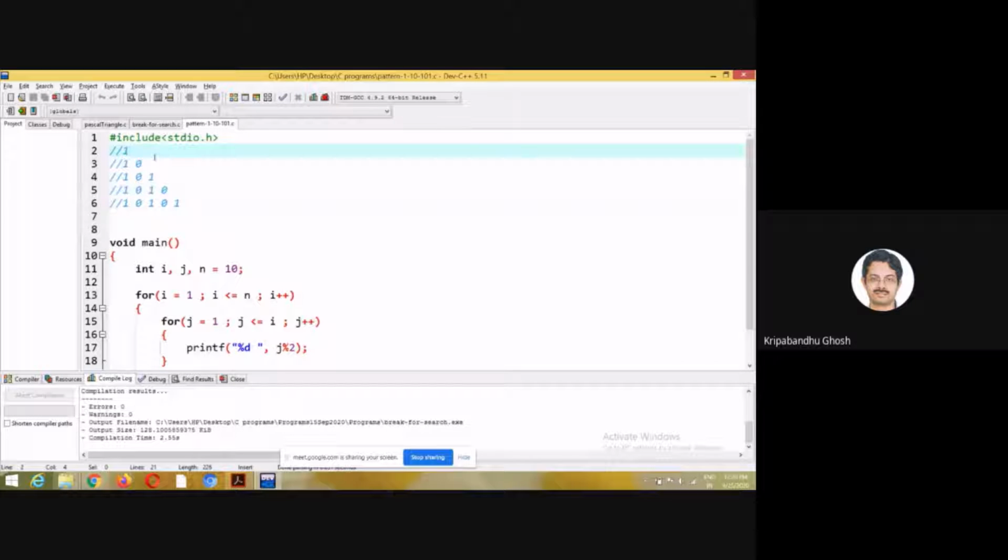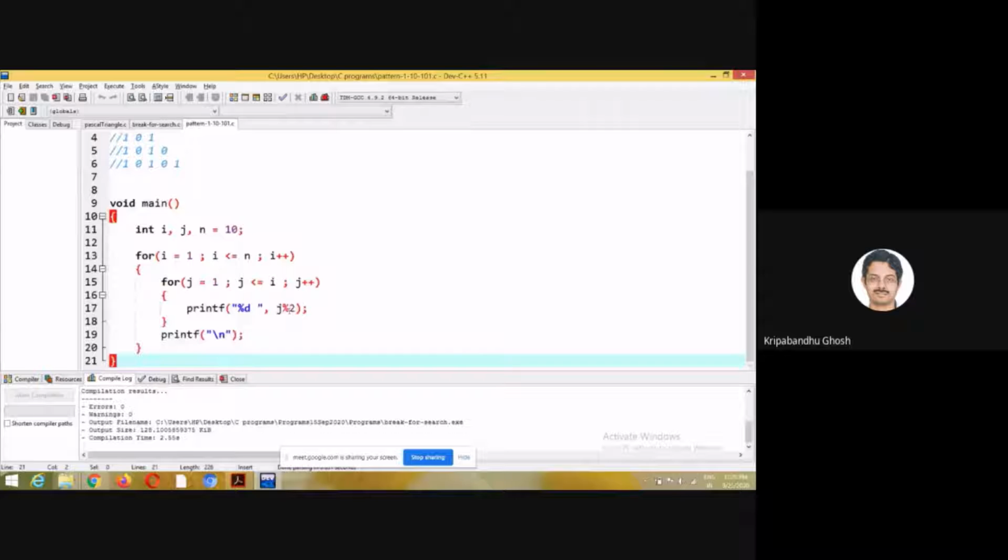It is fine if I generate 1, 1 2, 1 2 3, 1 2 3 4, 1 2 3 4 5. But instead of j, I have to print the remainder. I make this mistake every time. The way to print the remainder is this: instead of j, you print j, this sign, %2, which will print the remainder, right?